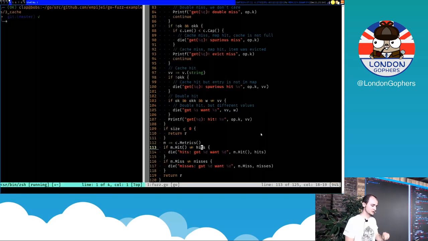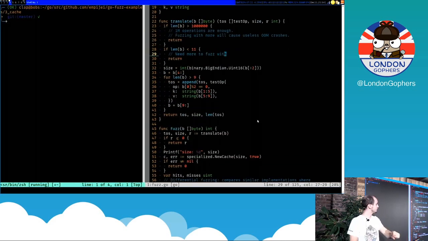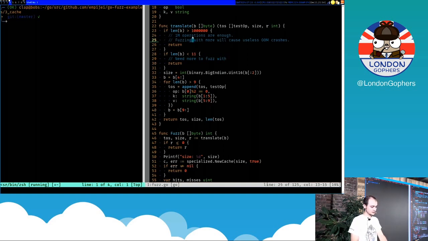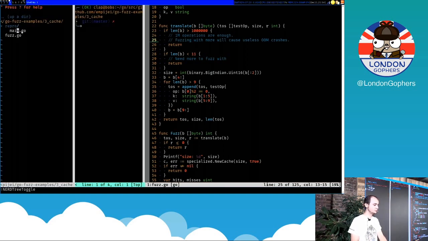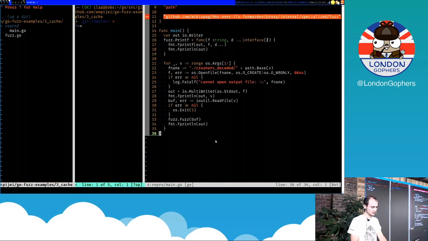One thing that is important, if you have a translation function like this one, you should really write a small program that reproduces your crash, that takes your input from the corpus and translates it to human-readable things. Because otherwise you're going to see a blob that doesn't really make sense. You want a program to decode it for you and give it to you in a human-readable format. This is only necessary if you have a translate function.